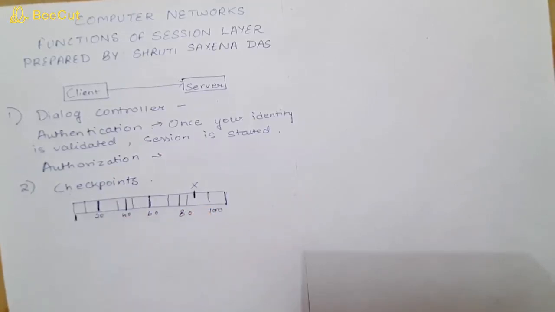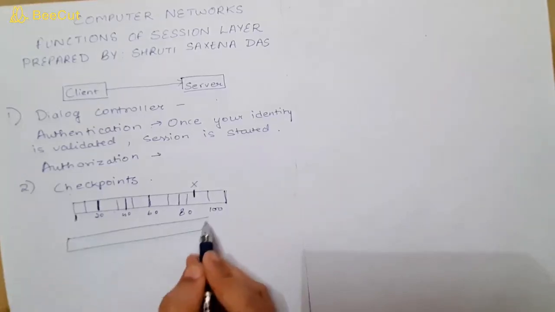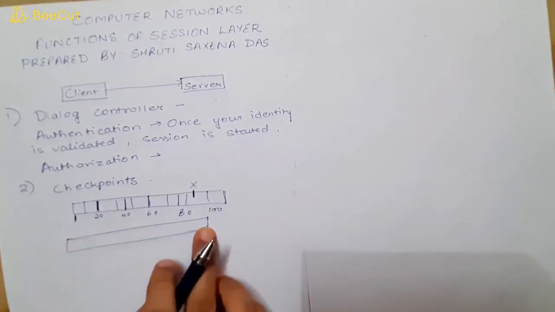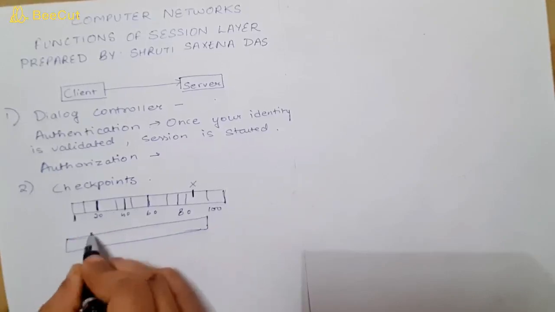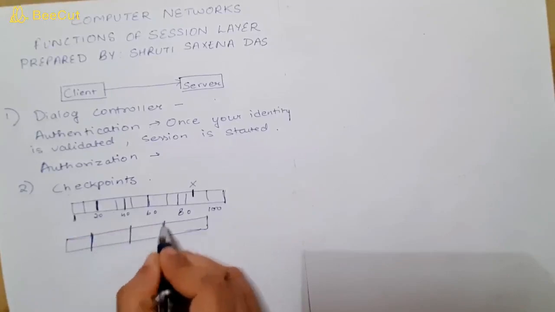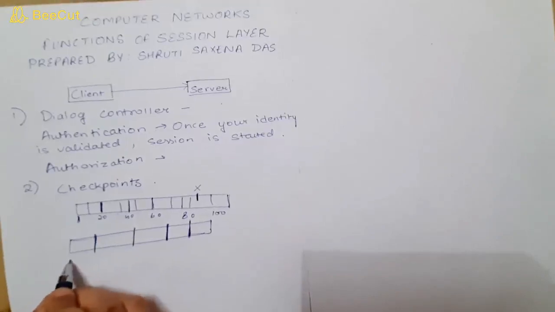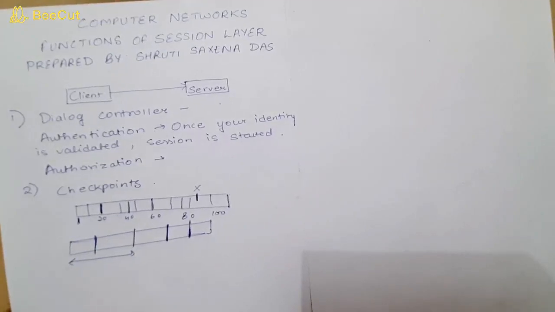You must have seen this whenever you download something, suppose some movie. The movie must be having some checkpoints. This is your downloading stream, and you have checkpoints like this, yellow bars. Suppose your movie is downloaded till here and your data ends, and after that you are not able to download it further, then next day you can start it again.